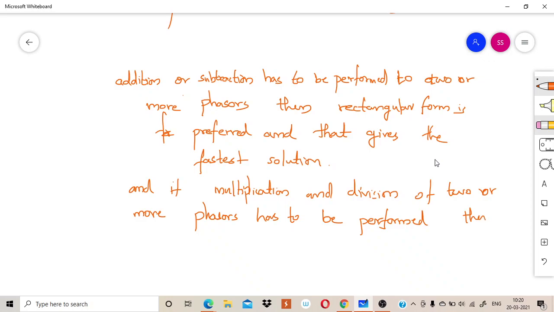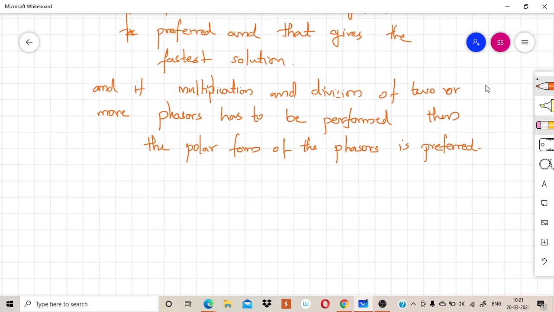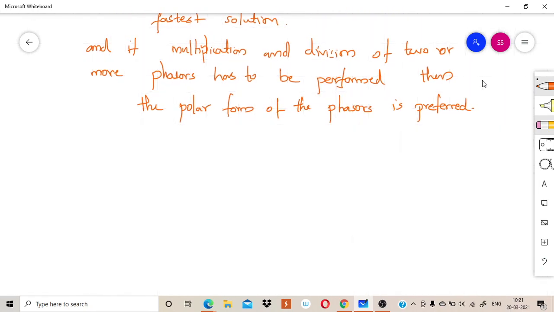Then the polar form, or polar representation, of the phasor is preferred. Okay, so this you have to keep in mind while solving the problems related to phasors. Okay, then and also we have